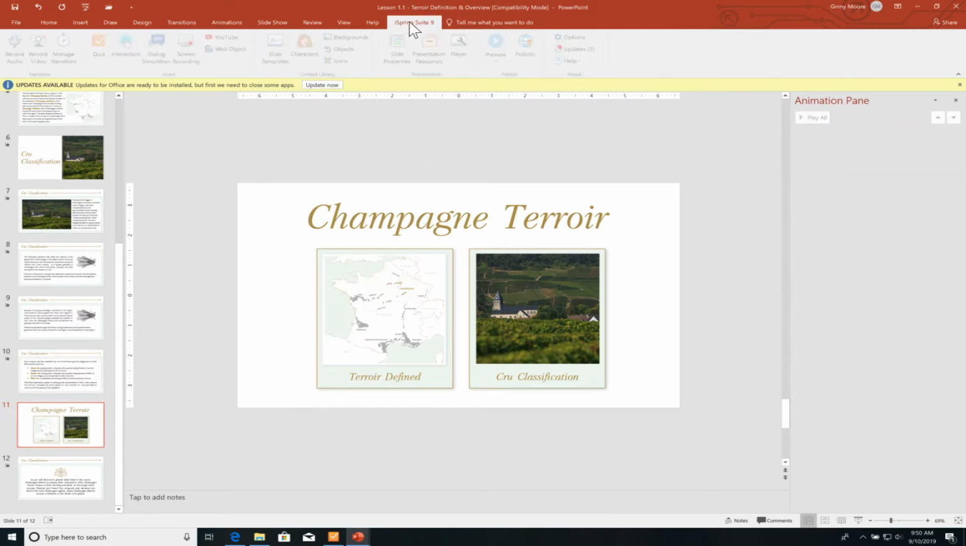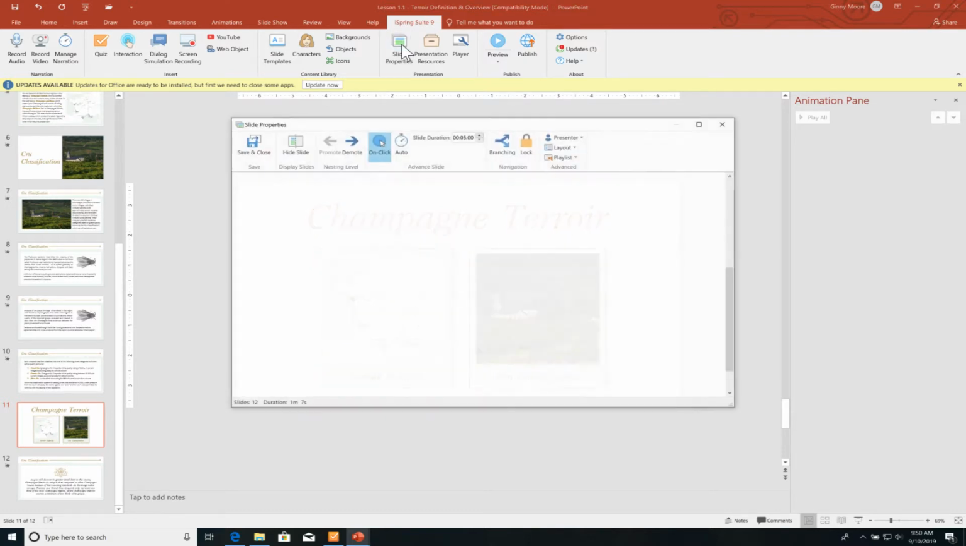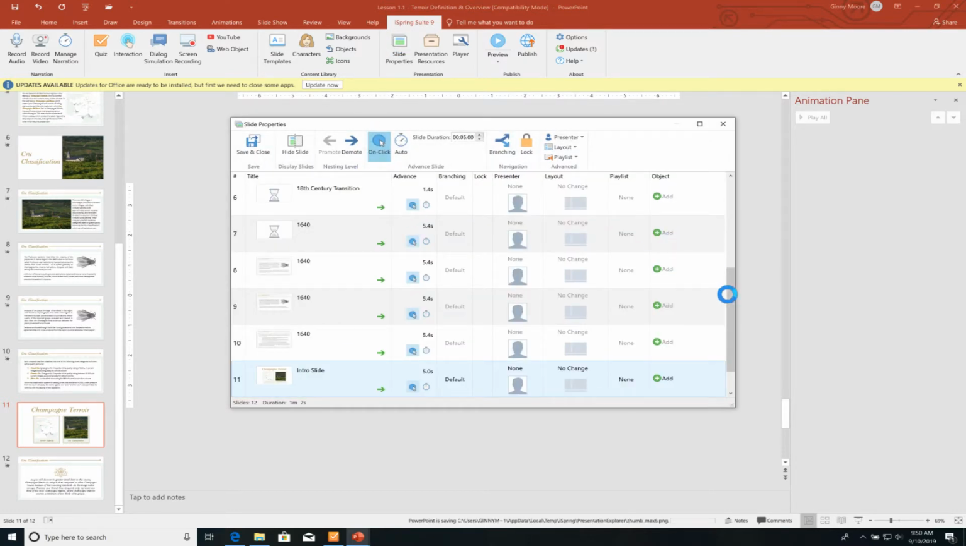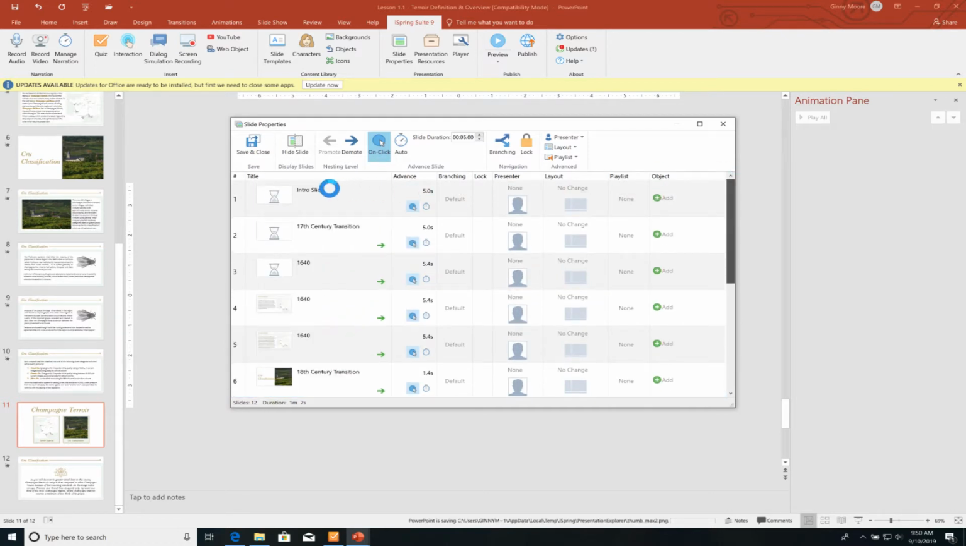Then I'm going to go to iSpring and slide properties, and I'm going to fill that in so that they can use their outline. It's not going to let me move. Okay, so I'm just going to have to try to remember what was in there. So that was the